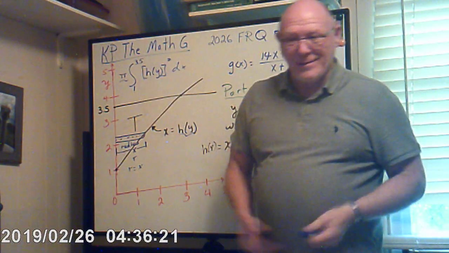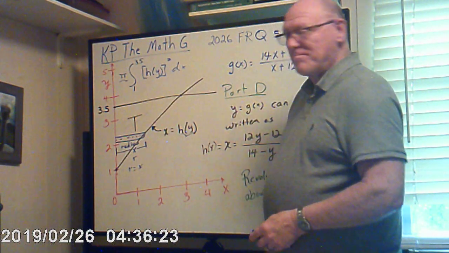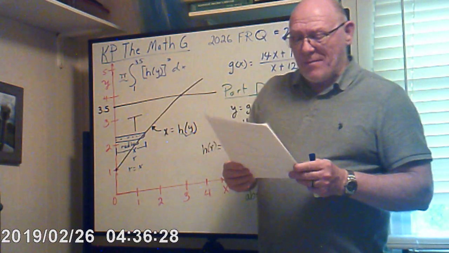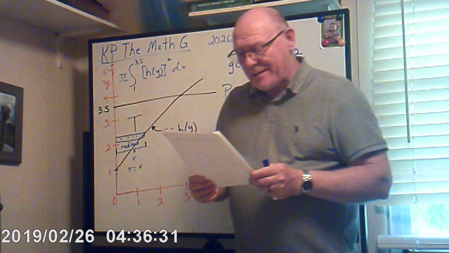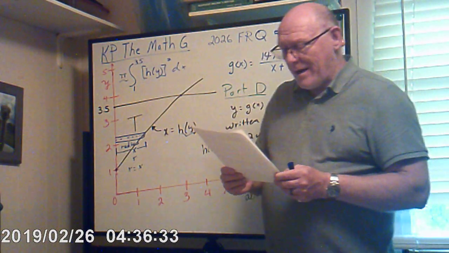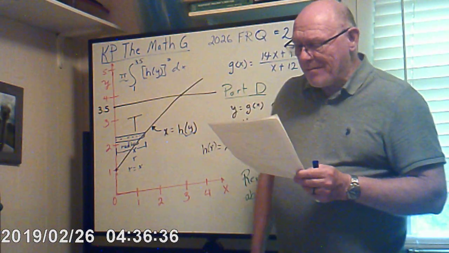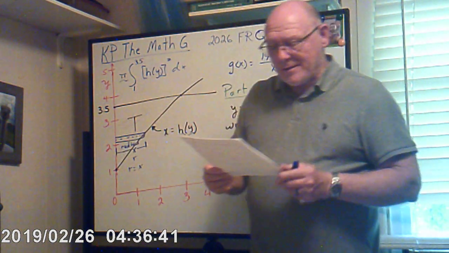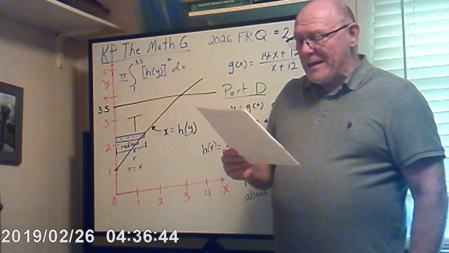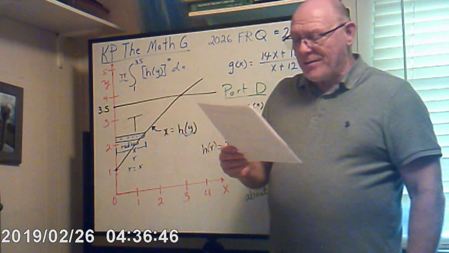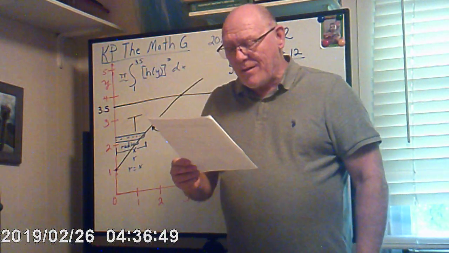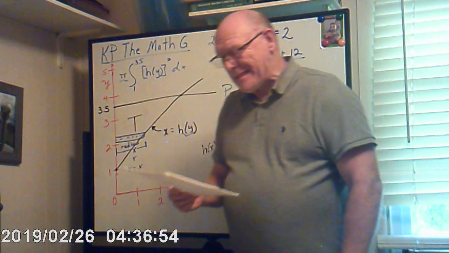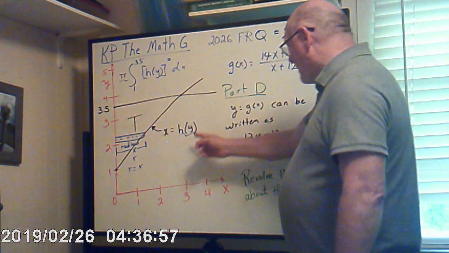And really and truly, that's it, because it says do not evaluate. It says let T be the region bounded by the graph of x equals h at y, the y-axis, and the horizontal line y equals 3.5. Already showed that, and you've got to get the boundary set. But do not evaluate an integral expression that gives the volume of the solid generated when region T is revolved about the y-axis. So if you already know that h at y is equal to this,